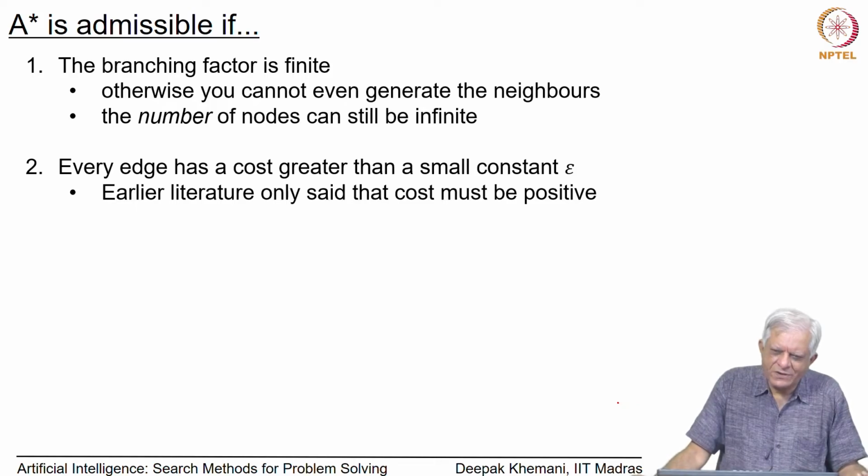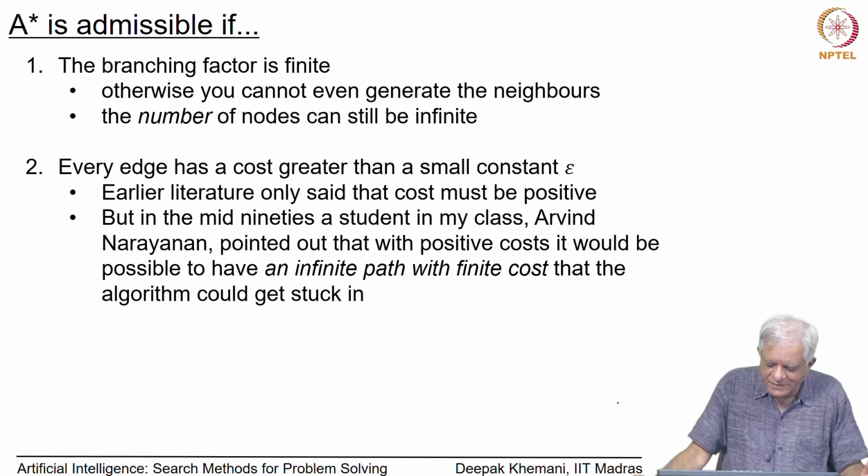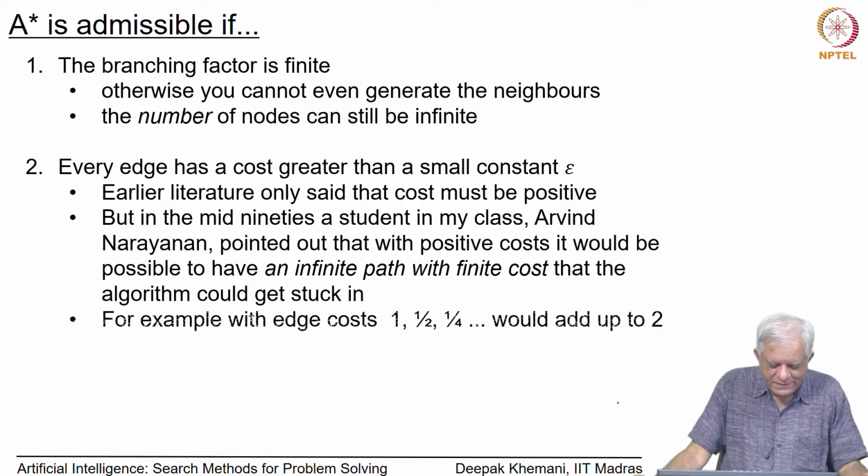So, it makes sense to say that the costs are positive, and that is what I used to teach till the mid 90s, when I was teaching this to a class at IIT Madras. One of the bright students in the class, Arvind Narayan, who was a little bit mathematically inclined, pointed out that with positive costs it would be possible to have an infinite path which has a total finite cost, and then the algorithm could possibly get stuck into that infinite path essentially. What kind of an infinite path it could be? And he gave the example that, for example, if there is a path in which the edge costs